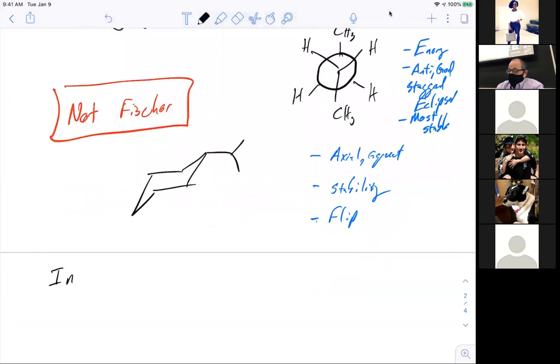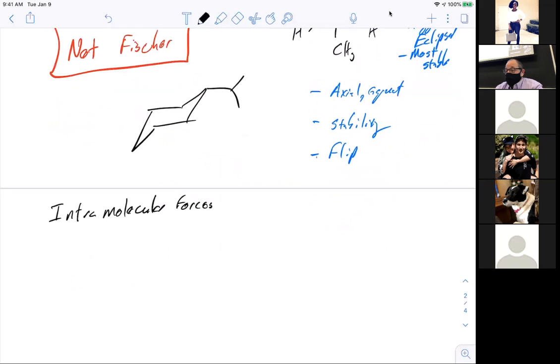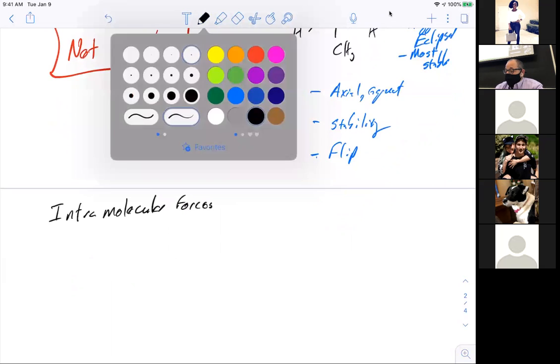I knew I was forgetting something. It's intramolecular forces. Helps if I spell the words right. Okay, so you should be able to identify those, especially if we're thinking about